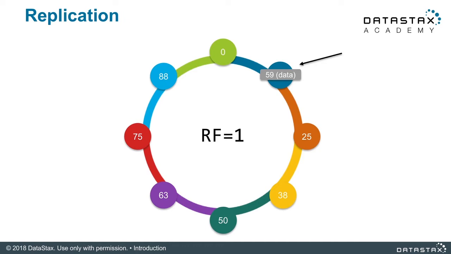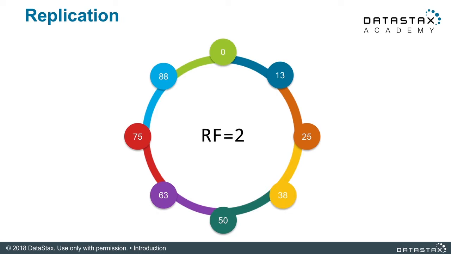The coordinator on that node is smart enough to know the placement of data around the ring. This is where the snitch comes in. That coordinator then asynchronously copies it to the correct place, in this case, in the range that covers the 59. And this is how you can write to any node in the cluster. Super important, because if you have node failures, you want to be able to work around those failures. It's just like how the internet works. Work around the problems, just expect failure.